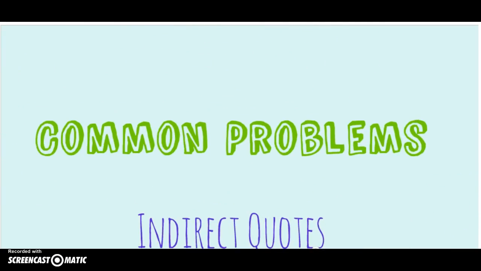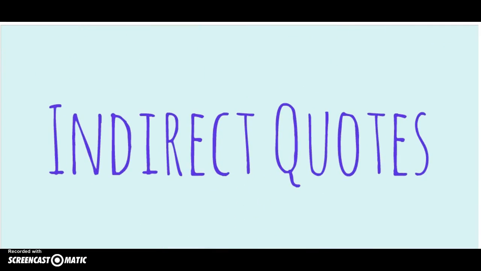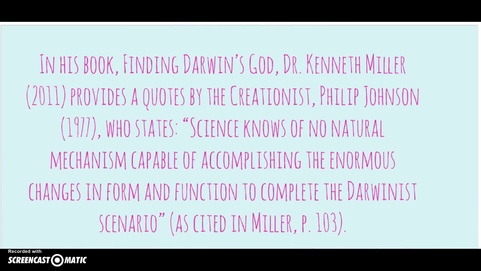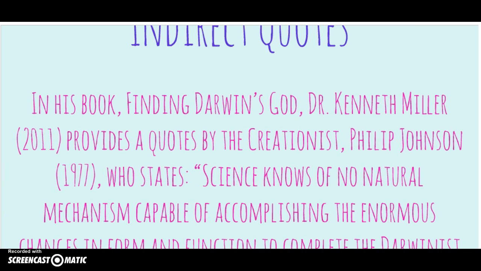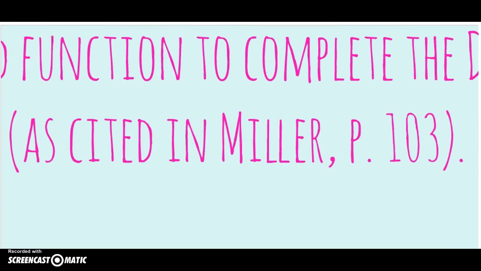Let's take a look at some common problems associated with APA style. First of all, you may want to use a quotation that you've seen cited in one of your sources. Whenever possible, find the quotation in its original source and cite that source. Otherwise, you'll be using the quotation indirectly. You can cite a quotation indirectly by being very meticulous with your attributive tags as to who said what in what source, and then use the words "as cited in" in your parenthetical and list only the indirect source in your